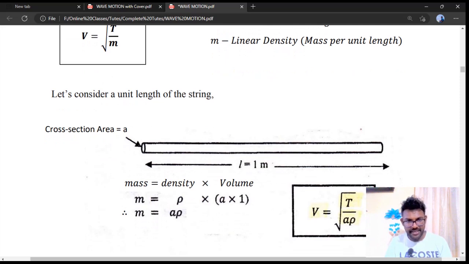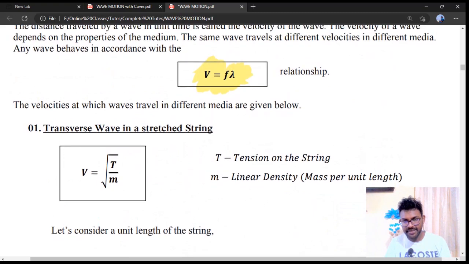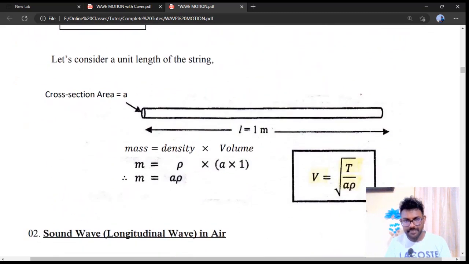If the cross-section area is A and the length here is, let's say, L, and we are considering the mass per unit length, that is 1 meter, so the length will be just 1 meter. We know that density is equal to mass over volume, rho equals m over v. So mass m equals rho times v, density into volume. Let's say the density of this string is rho and the cross-section area is A. The volume is the cross-section area into height, which is the length here, L. That L is 1 meter,